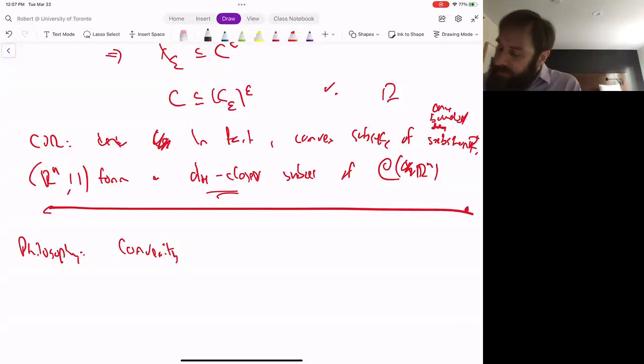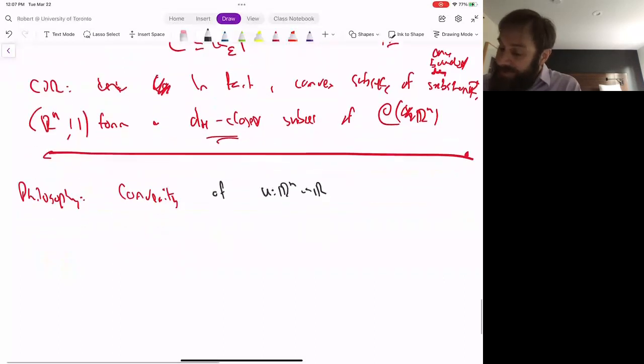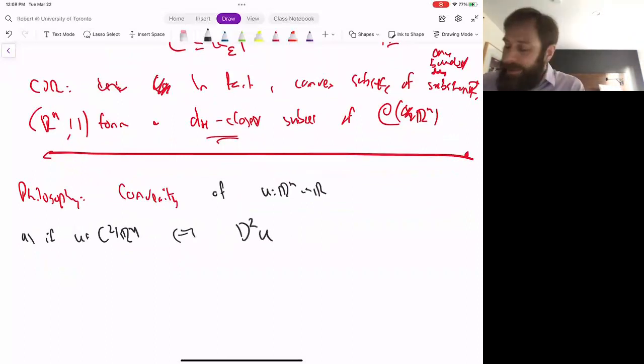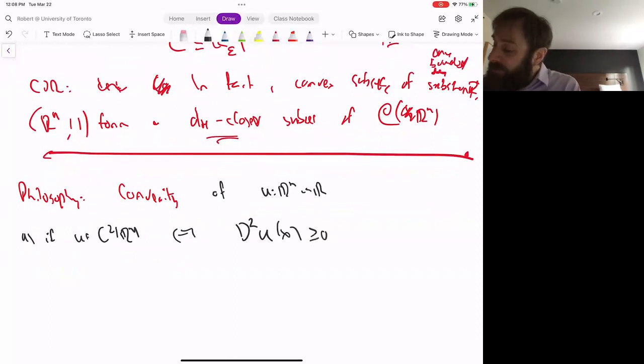But let me see this philosophy. If I have convexity of a function u on Rn, it can be checked in two different ways. At least if u is C2, twice continuously differentiable, then the convexity, did I already say this last class? I somehow don't remember. The convexity of u is equivalent to non-negative definiteness of its Hessian for every x. And if it's not C2, it's always equivalent. The convexity of u, whether or not it's C2,